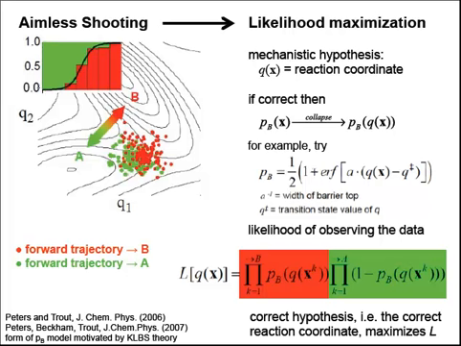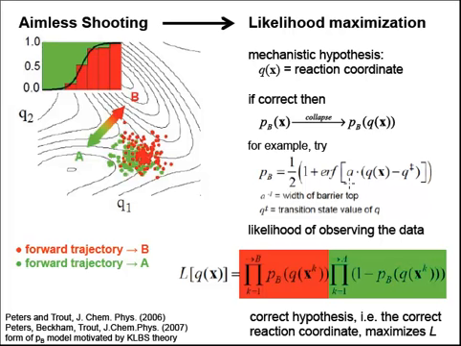So we know some general properties of the relationship between Q and PB. PB should go from 0 at values of Q that are much before the bottleneck, and it should gradually increase, going to 1 as you pass through the bottleneck and on to the product side of the reaction. So this is actually a theoretically motivated form. This is motivated by the backward Kolmogorov equation for diffusion over a barrier. You get a committer probability that's related to the reaction coordinate by an error function.